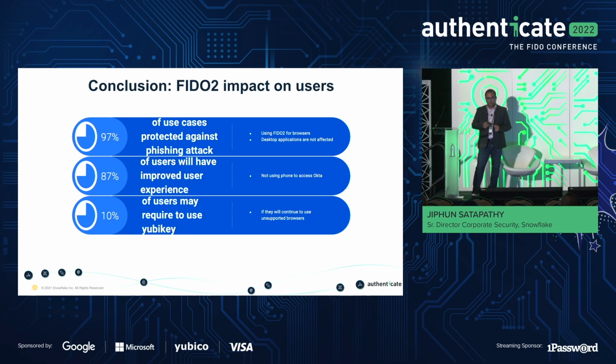We have seen an improvement in user experience, 87% based on our survey, from using biometrics versus phone push notifications. We still have some cases where we have either legacy systems or operating systems where we do not have a local authenticator on that device. About 10% of our user base is still on this, and we are shipping them YubiKeys, which is perfectly fine, and over a period of time that's going to go down. So these are some of the key benefits that we have seen. That's pretty much what I had for this presentation.